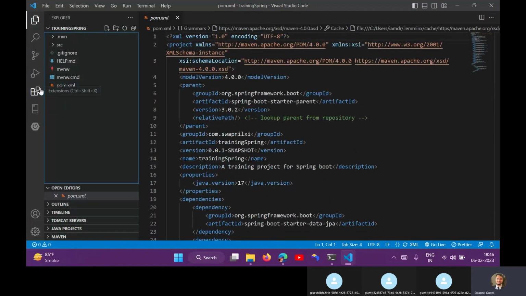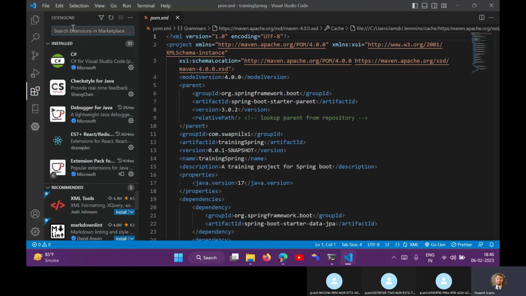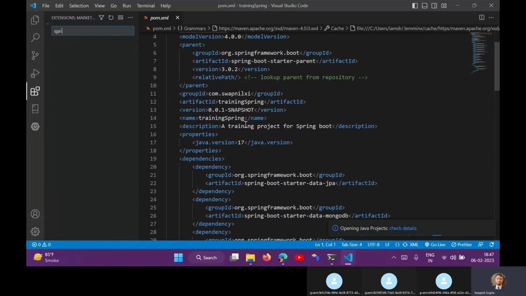Once you are in Visual Studio Code, there are a few things that need to be set up. Visual Studio Code is a very good tool. You don't need to go to another website or search dependencies again and again. It is a very powerful IDE that can help you get started with your Spring project.